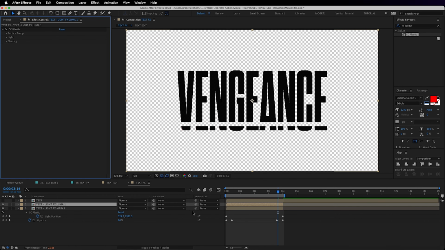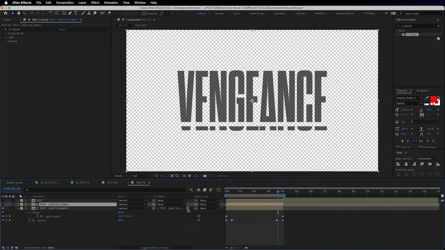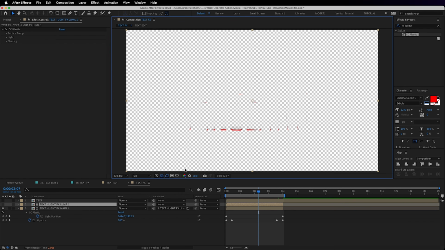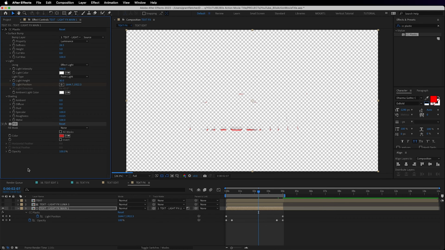And then what I will do is I will use the Luma layer as a track matte. I don't want alpha matte, I want to change it to Luma Matte, so just click that little button. The only thing that's showing is this now, even with the transparency on, which is what we want. I'm actually going to drag this fill below the plastic effect so